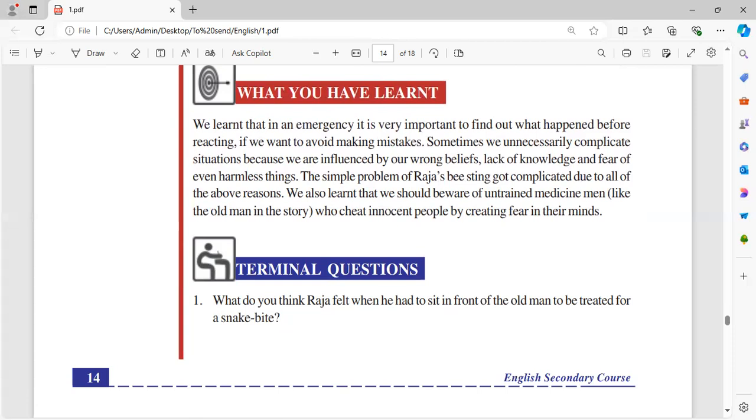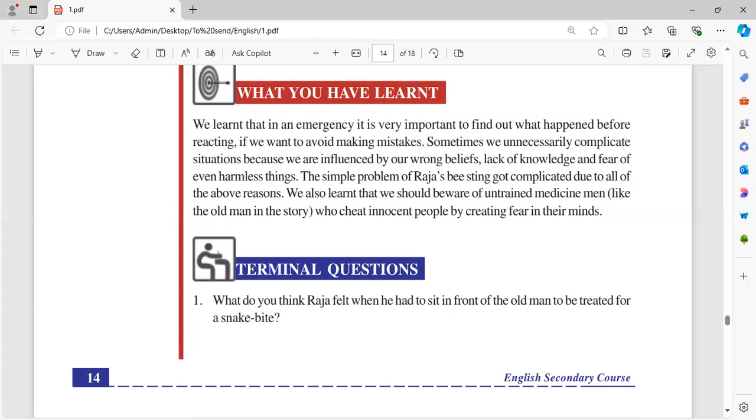We learned that in an emergency, it is very important to find out what happened before reacting. So this is an important thing that you need to understand. If we want to avoid mistakes,